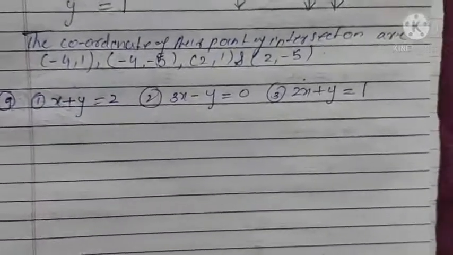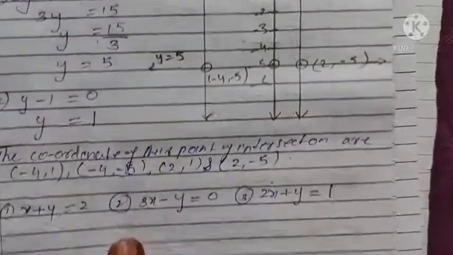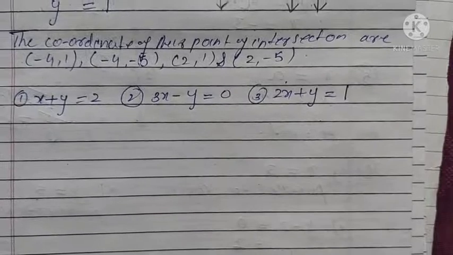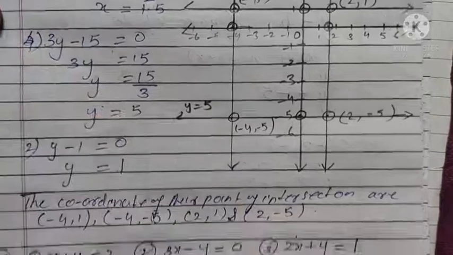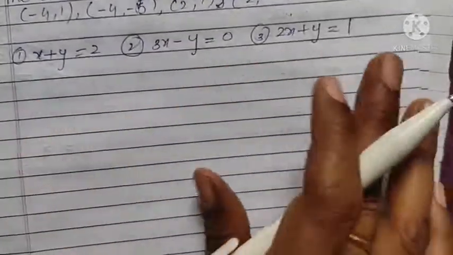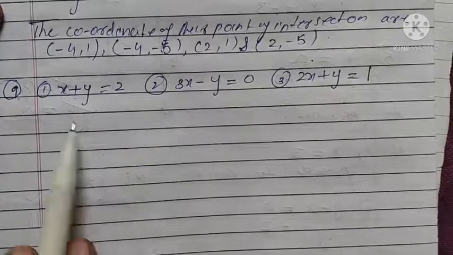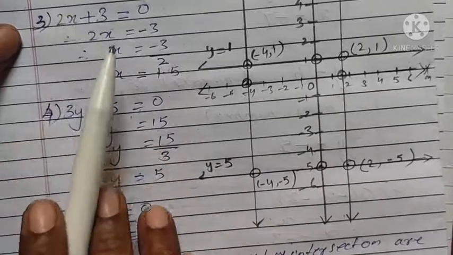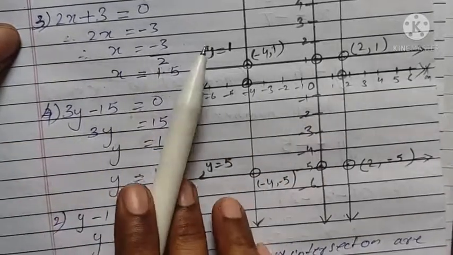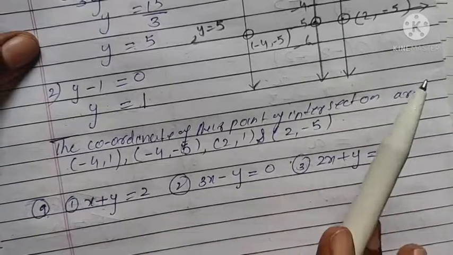Okay. Now what is the difference between these equations and those? These are one-variable equations and these are two-variable equations. That is the difference. Okay. In question number 8, the equations are one-variable. In question number 9, the equations are two-variable. Plotting the graph of a one-variable equation is very easy. If the equation is x equal to a constant, then it's parallel to the y-axis. If the equation is y equal to a constant, then it's parallel to the x-axis.